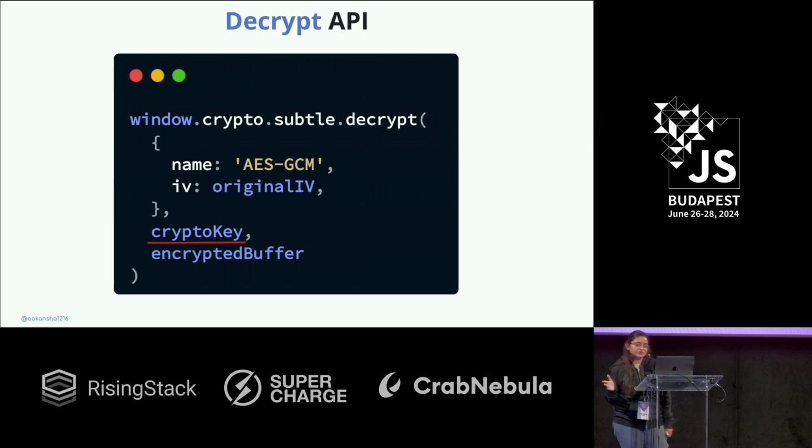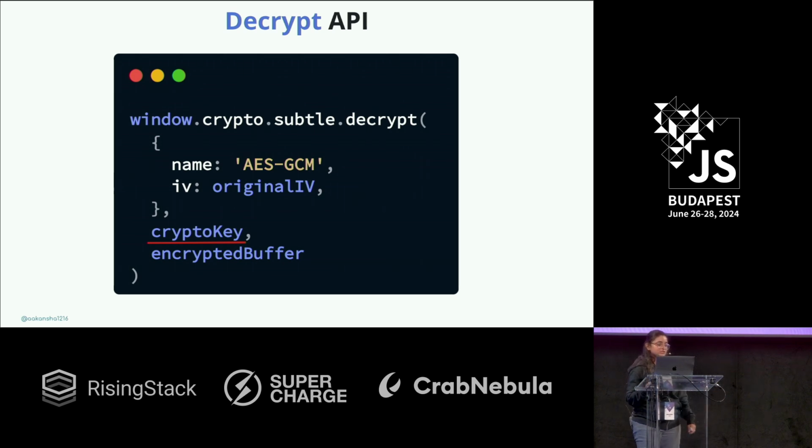Do you have the crypto key with you? Any guesses? What you have is the exported bytes of the crypto key, right? You have the encryption key with you. But this API is compatible with the crypto key. So we need to go back to the crypto key again from the K value, the encryption key which we got.